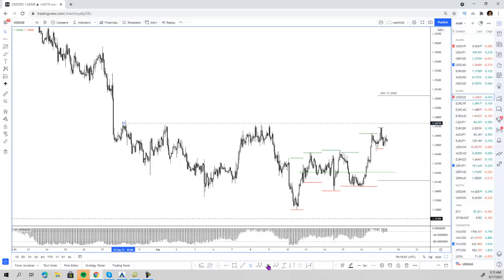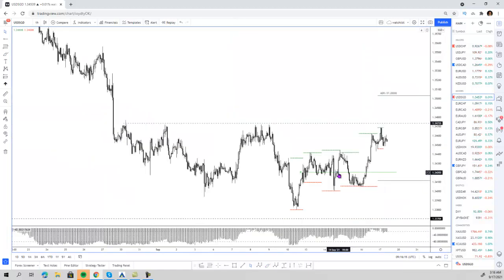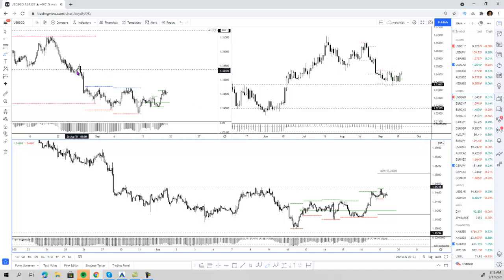So should price break this level to the upside, and more so because it's creating what seems to be a bottom, right? I don't know if it's really a bottom or not, but just by looking at the daily, it looks like this market is bottoming out. Right now, I believe it's a little bit too early to buy into this market, but should the US dollar really rally today and the US dollar versus the Singapore dollar break the 134.75 level, we have a clean path towards, let's have a look at the 4-hour chart, yeah, towards the